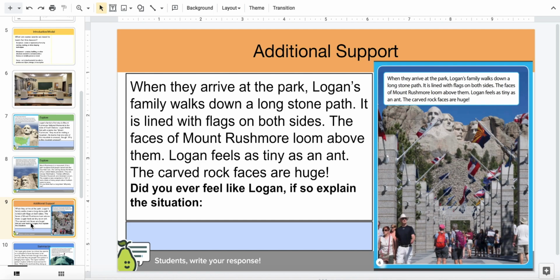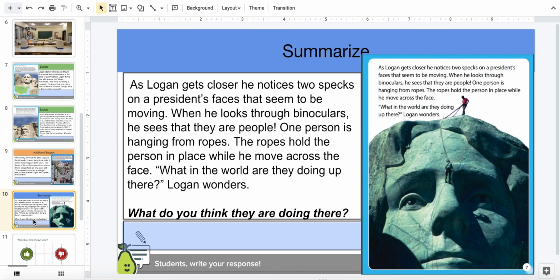When they arrive at the park, Logan's family walks down a long stone path. It is lined with flags on both sides. The faces of Mount Rushmore loom above them. Logan feels as tiny as an ant. The carved rock faces are huge. Did you ever feel like Logan? If so, explain the situation. Think, think, think, science explorers. Write your response. And to summarize, as Logan gets closer, he notices 2 specks on a president's face that seem